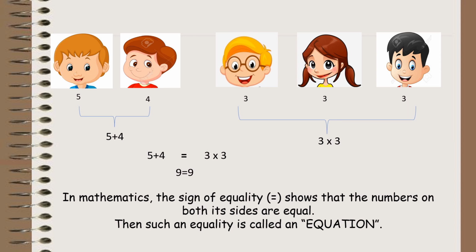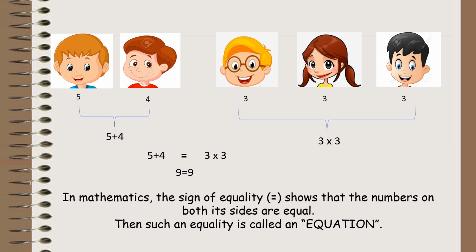Now let us calculate the total of each group. In group 1, 5 plus 4 marbles is 9 marbles. In group 2, we have 3 children each having 3 marbles. So 3 into 3 is 9. So both are in a draw. There is no group that has won the match. It's a draw. Draw means both have equal scores. That is 9 equal to 9.